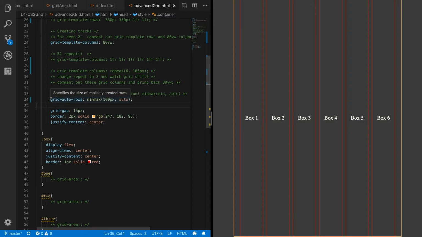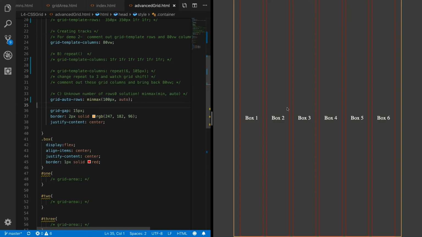Grid auto rows replaces grid template rows. And in this instance, we're going to use grid auto rows with min-max. Now, min-max works similarly to repeat, right? Repeat took 2 values. Min-max takes 2 values. The first is a minimum value that each row must be. So this is saying that each row has to be at least 100 pixels, and at most is auto. So what auto will do is let it be as big as its content holds. So if we have giant letters, then it'll be a much taller row. But they have to be at least 100 pixels.